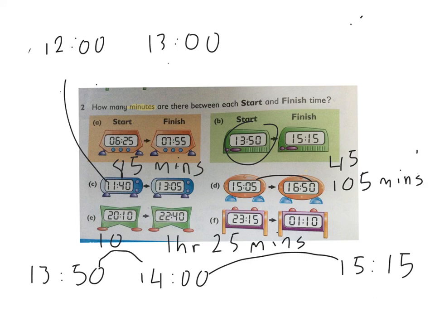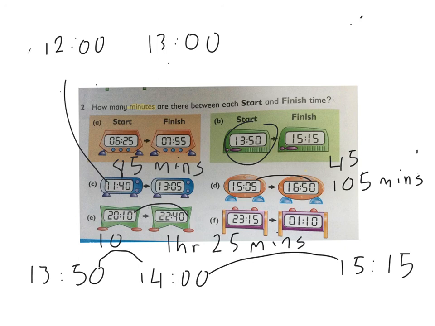12:10 to 22:40. You can see that there's 2 hours between them, so that's 120 minutes. Then you've got 30 minutes between the 10 and the 40. So you've got 2 hours and 30 minutes. So 2 hours is 120 minutes, plus your 30 minutes is 150 minutes. Okay, it's quite a long duration there,